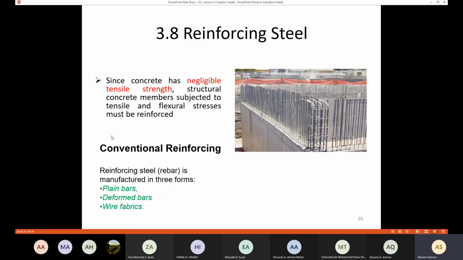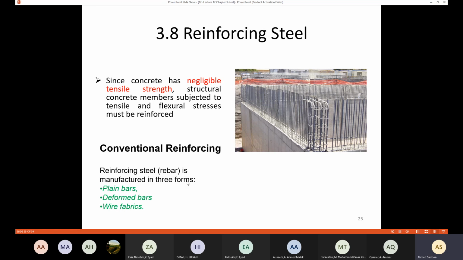Also, we use the steel for reinforcing. We know that the concrete is weak in tension. And actually, when we are going to design the concrete, we are going to ignore the tensile strength of the concrete because it's very small. And we need to put steel so that the steel is going to take the tensile stresses. Okay, so if you have a structural concrete member subjected to tensile and flexural stresses, we should reinforce the concrete with steel